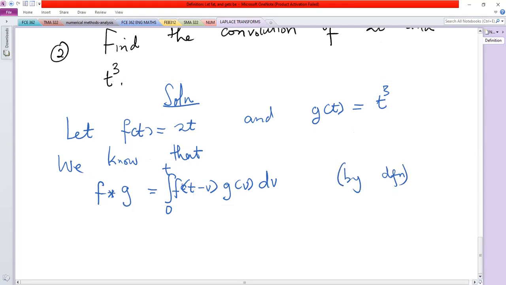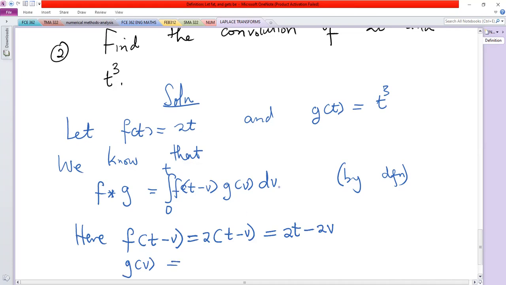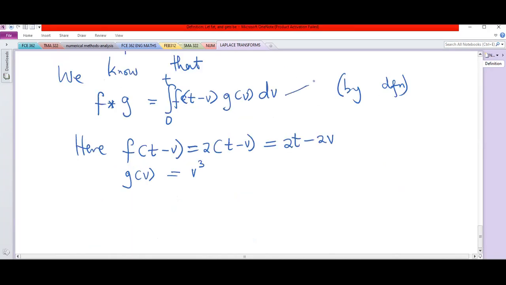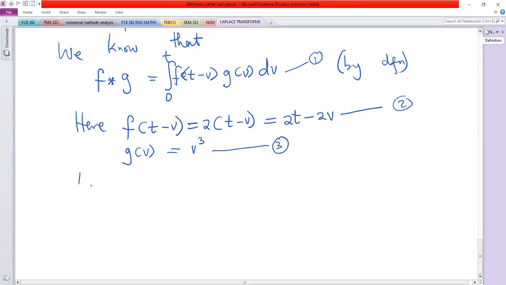Now, if you know f of t, then you should be able to get f of t minus v by simply replacing t with t minus v. So this is 2 times t minus v, which gives 2t minus 2v. And g of v is simply v power 3, because g of t is t cubed. If we call this formula 1, this one 2, and this one 3, then using 2 and 3 in 1, we get